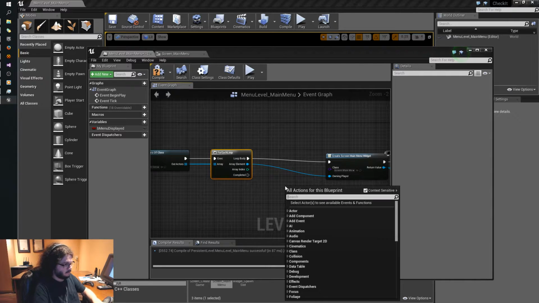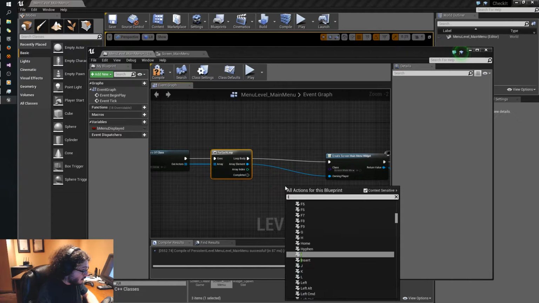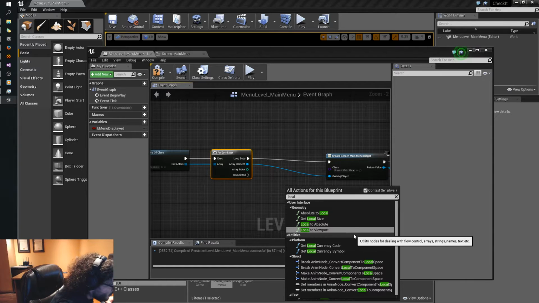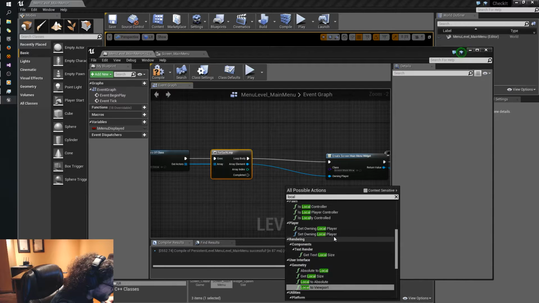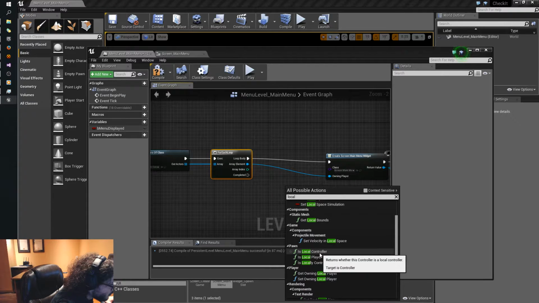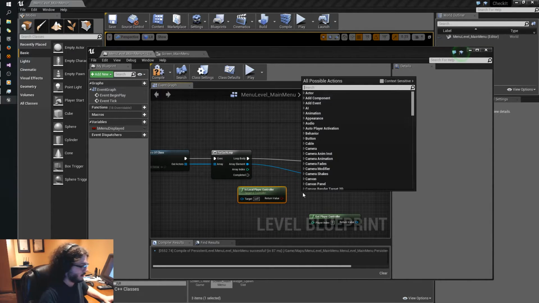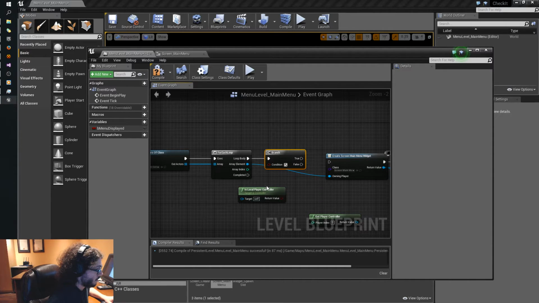Oh, actually, we don't even need to. So if is local, so branch. So if it's a local player controller, we'll then create the